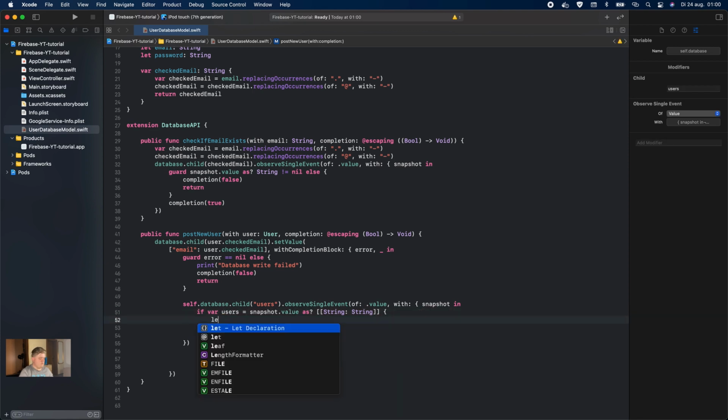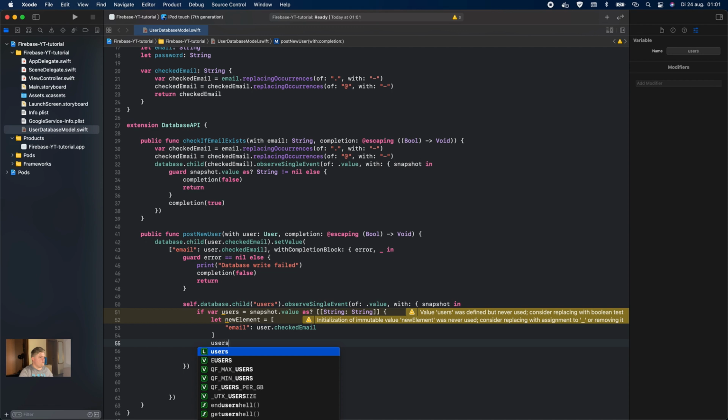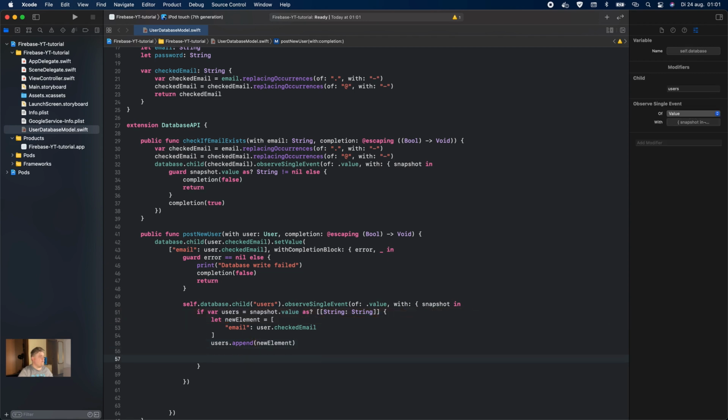Open parentheses, let new element equals, oh, this is going to be email double point user dot checked email. Perfect. And under there we're going to do user dot append new element, and under there we're going to do self dot database dot child users dot set value new element